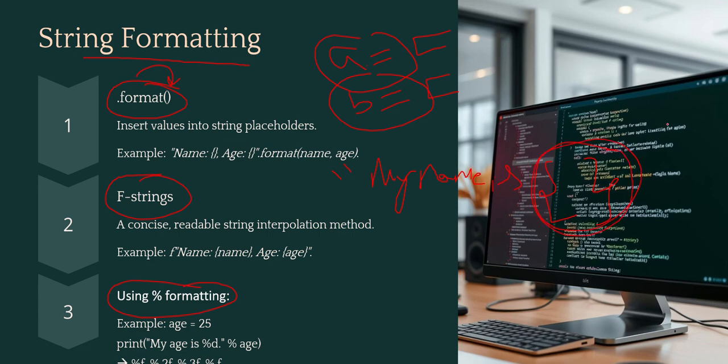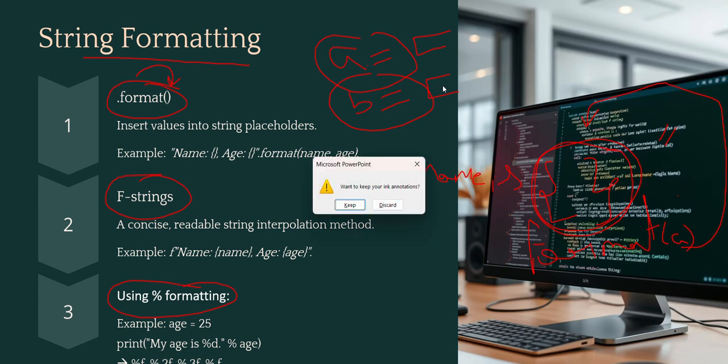What I simply need to do is close the string, and after the string write dot format. In dot format I simply specify a, because a refers to the value that I need to provide in this placeholder. Now let's understand this with the help of code, that will give you more clarity.